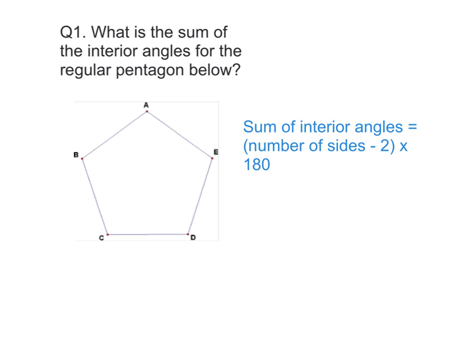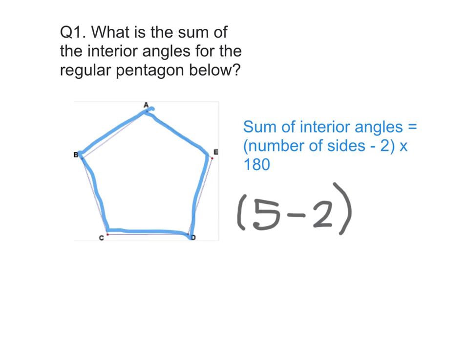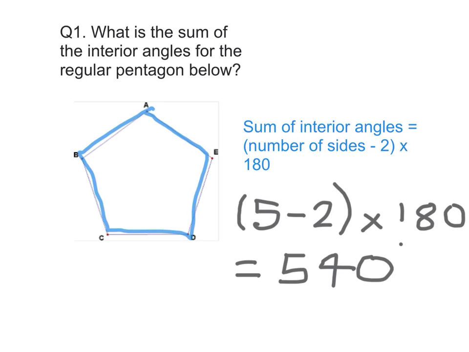So let's have a look what we get. We know that we have 5 sides right now: 1, 2, 3, 4, 5. So in brackets, we would do 5 minus 2, multiplied by 180. If you place that in your calculator, you find that once again, like earlier, you get 540 degrees. So the sum of each of these interior angles, all added together, must equal